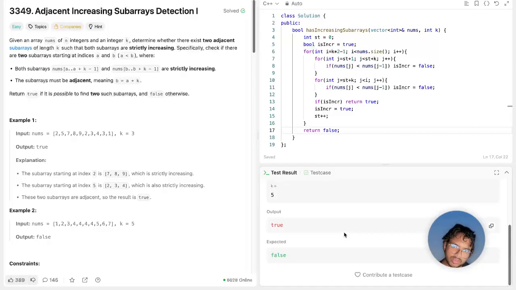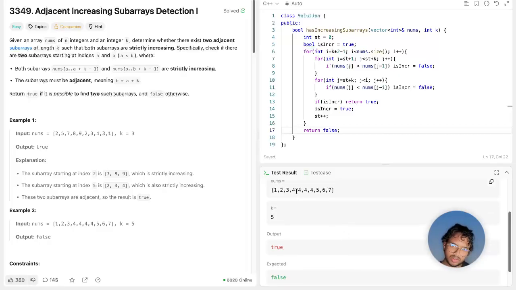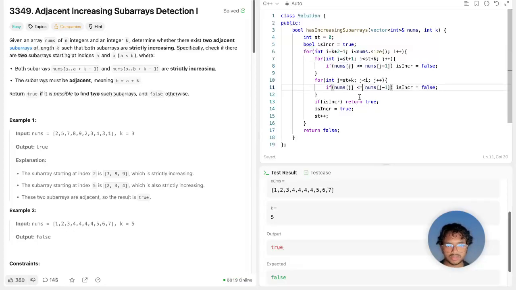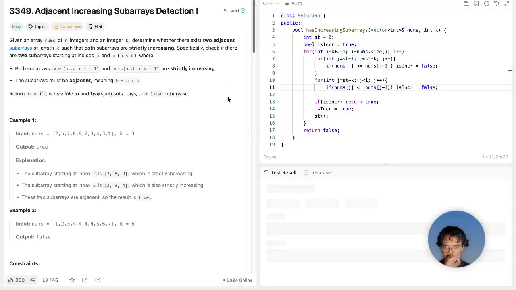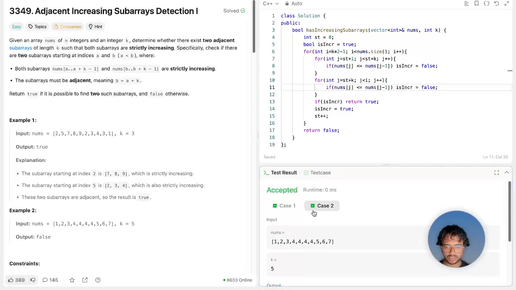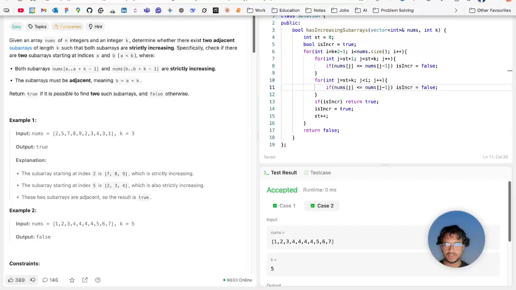If I run my code, I get true for this. Oh, it's equal, and I'm just comparing with less than. It should be less than or equal, because strictly increasing means it has to increase. If it is equal, it's false again. Yeah. Now if I submit it,